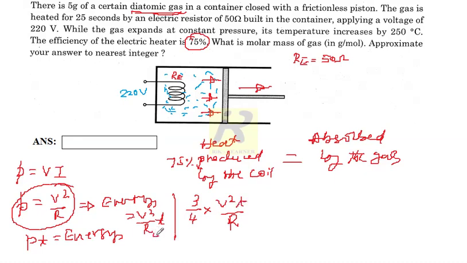Here you may get confusion, so for that, I am using Re for electrical resistance, and further I am using simply R for the gas constant. Don't confuse the two letters.